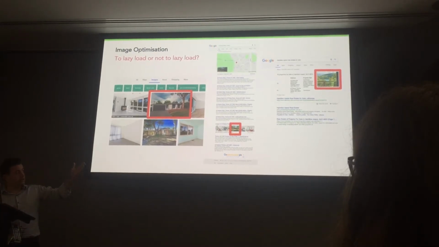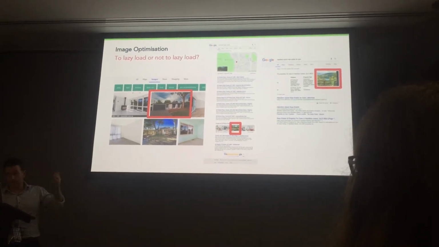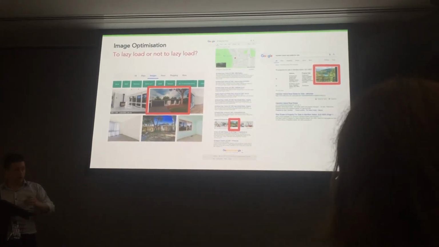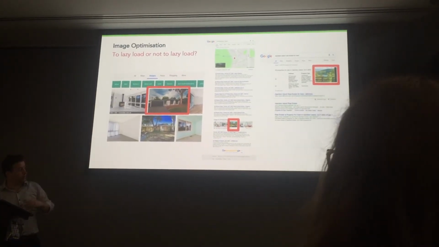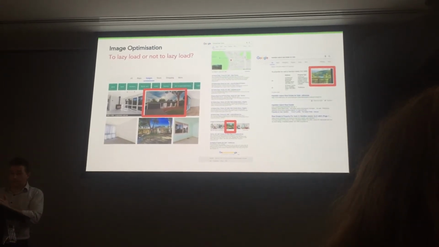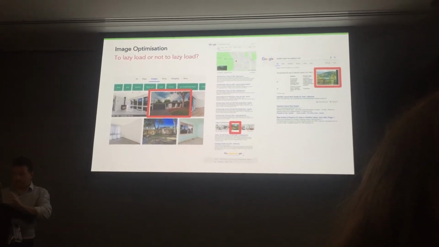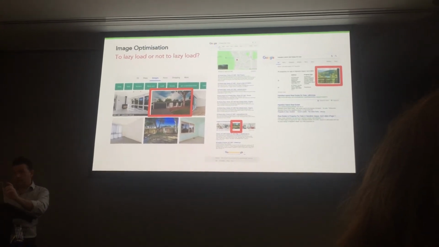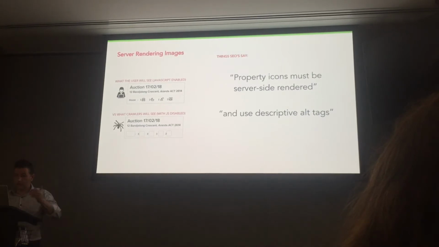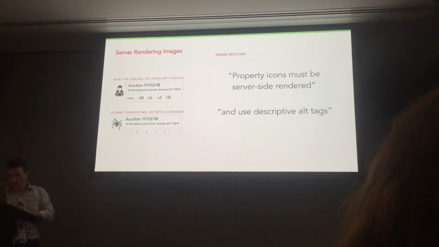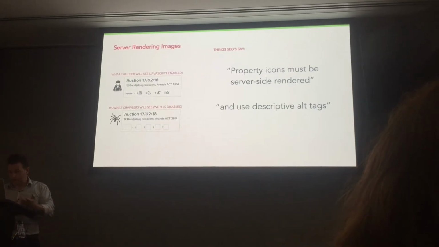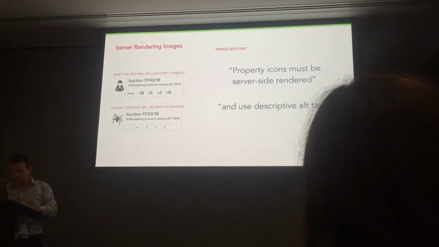it means that some of our content is now hidden. We can never be suggested in the search box with a picture of a property. We may not get content in the carousel. So at the bare minimum, if you're lazy loading image content, you at least want the lead image to be loaded for Googlebot. And also, if you've got any on-page data, such as property type, showers, parking spots, that kind of data